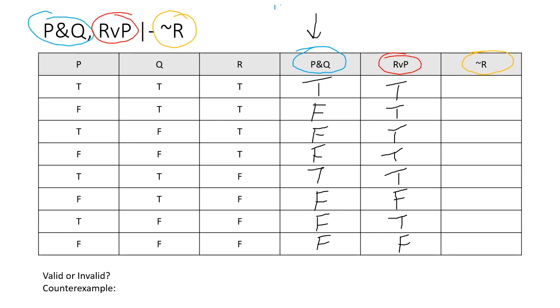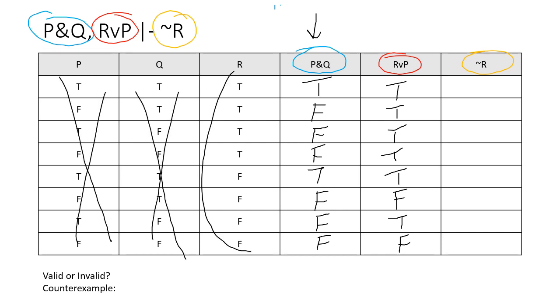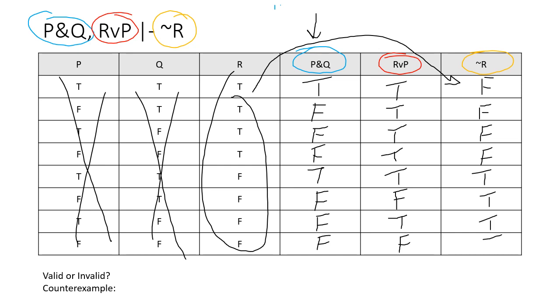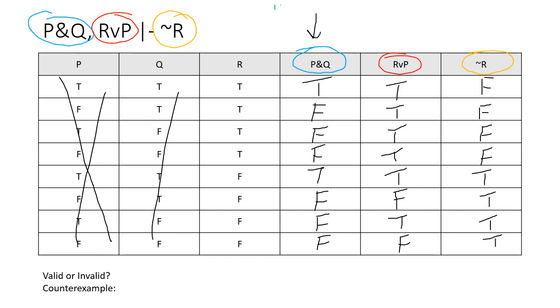Now we just have to evaluate the tilde R, which is we can ignore these. We're just going to take these values and we're going to flip them across. So T's will turn into F's, and F's will turn into T's. And so now,